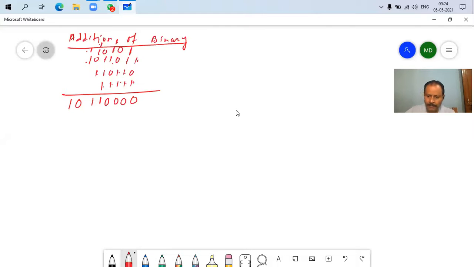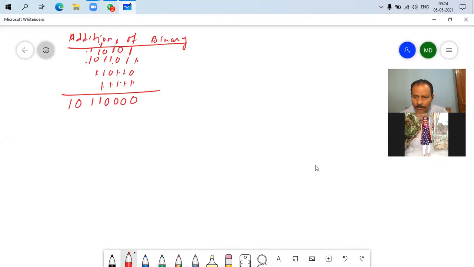If anyone has a problem, raise your hand, give an indication, so that I can understand that you have some problem and I can clear them accordingly. So still now I cannot see any hands. That means all of you are very good in maths. So I need not discuss anything.